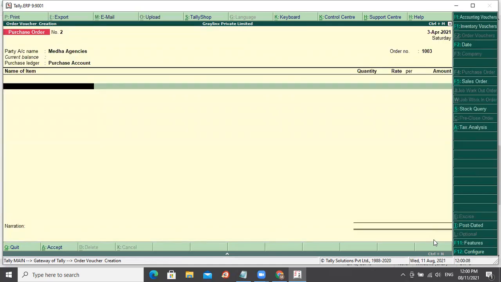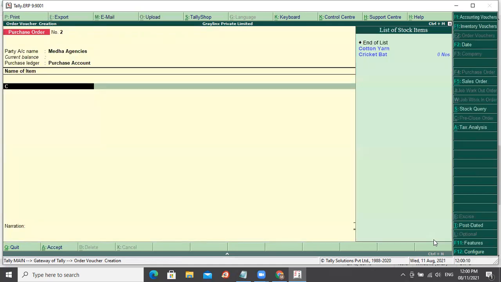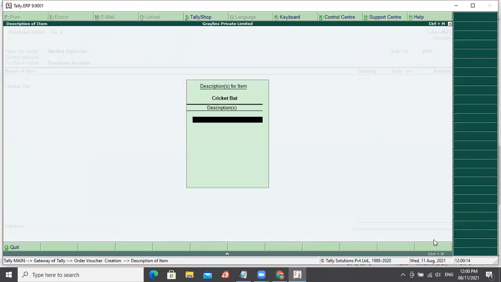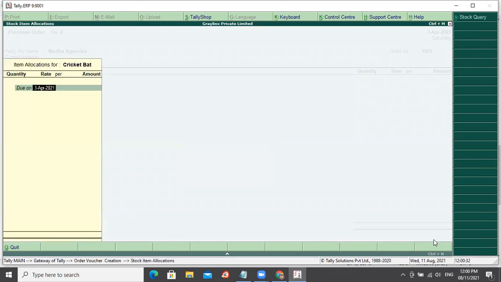Okay, now I will select the same cricket bat. I'll just say 4-inch width and 2.75 feet length. Due by 6th of April.